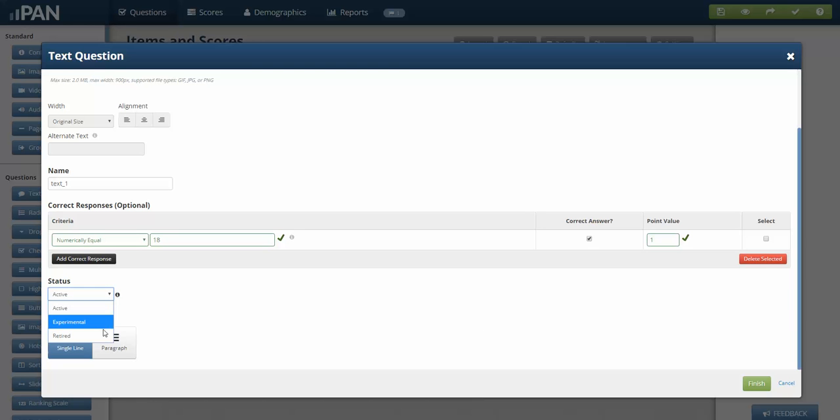Just as with all items, I can set the status: active, experimental, and retired. Active is 99% of the time. Experimental is for item banking scenarios, or when I just want to test the item. I don't want it to be used in scoring. I can put that in for experimental. And retired is exclusively for item banking, where you still want it as part of the test, but it's not